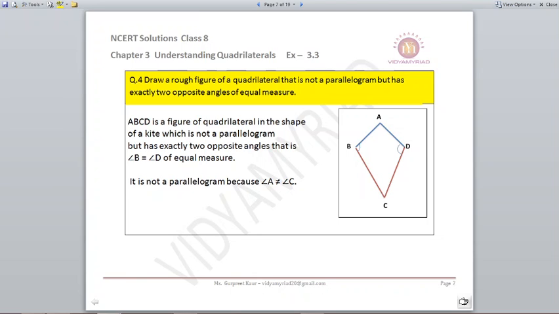Opposite pairs are not equal and parallel. In the kite we have adjacent pairs equal. If you see in the diagram, AB and AD will be equal and BC and CD will be equal. So these are forming with 4 line segments, but this is not a parallelogram, it is a quadrilateral. Now in this shape, angle B will be equal to angle D, but A will not be equal to angle C. So it doesn't form a parallelogram.